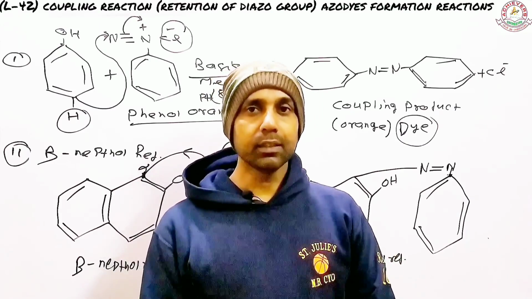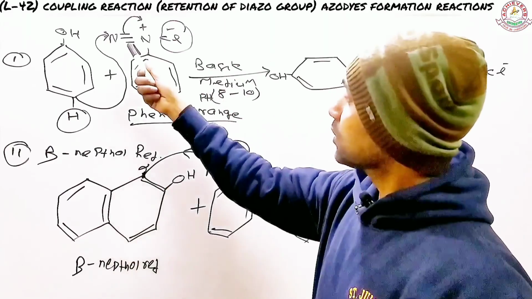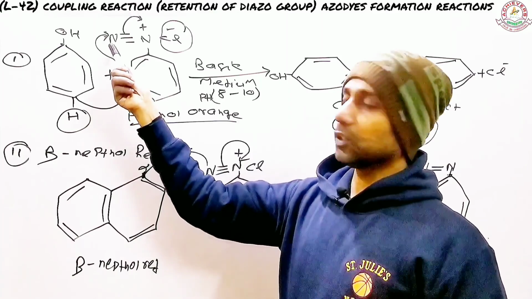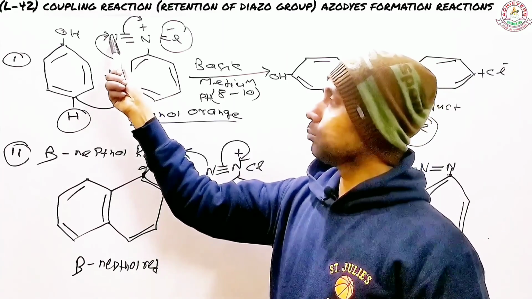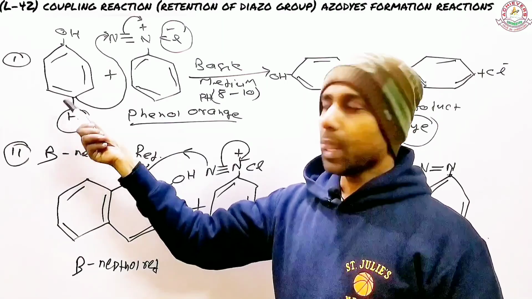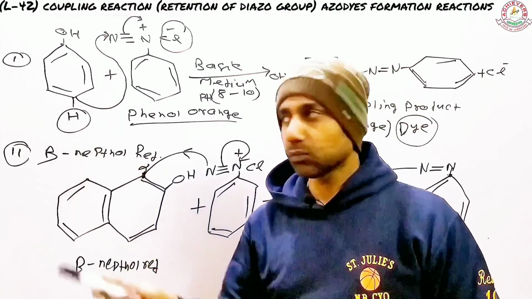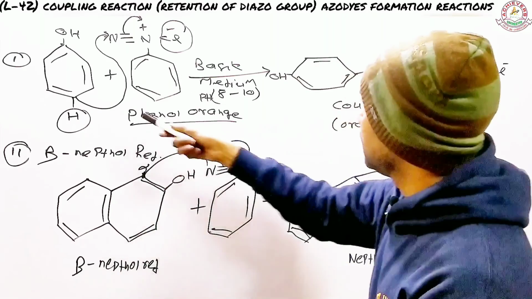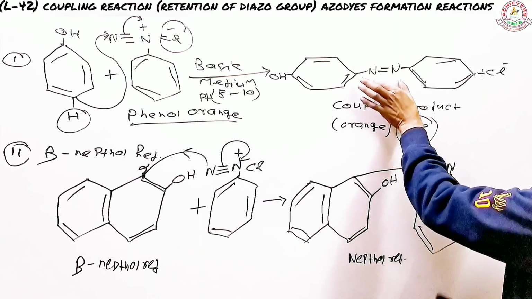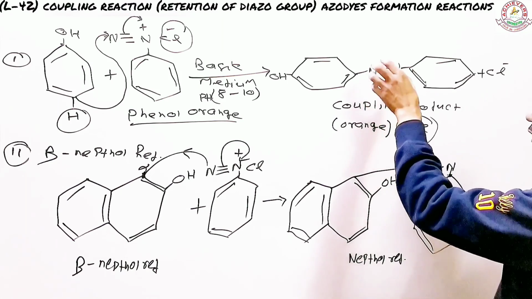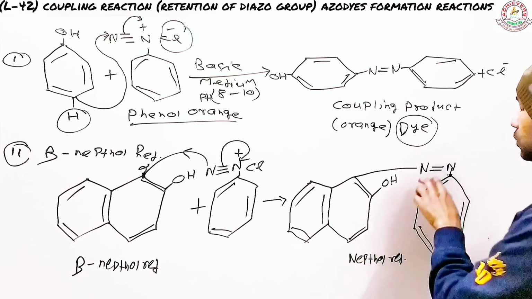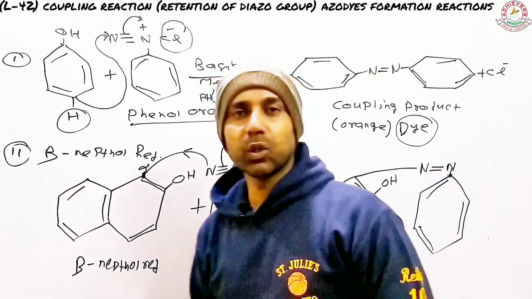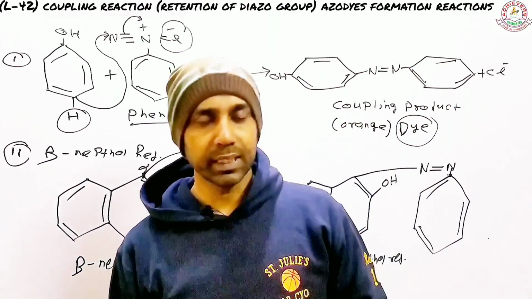So what happened here, this nitrogen lost one of its triple bonds, and as a result this nitrogen became positively charged, right? So this nitrogen bonds itself to the fourth position here. And why the fourth position, why not the other position, I'll describe in the mechanism. And then they added together, the diazo group has been retained over here, so that's why it's called retention of diazo group, as you can see. Let's not make this long, and I will explain the mechanism in the next lecture.